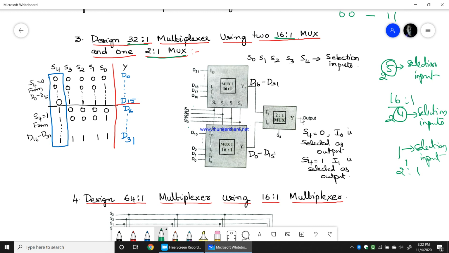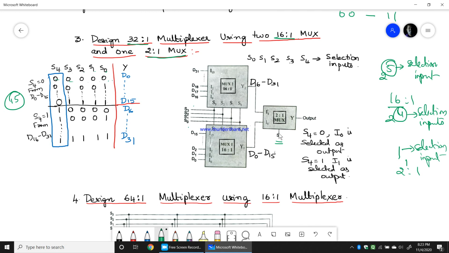Whereas the 2:1 mux is there, that will be S4. Now how this is S4, go back and look into the truth table. Now S4, S3, S2, S1, S0 will start with 5 zeros and it will give you 16 different values where S4 will remain as 0, where S3, S2, S1, S0 will vary from 0, 0, 0, 0 till 1, 1, 1, 1.